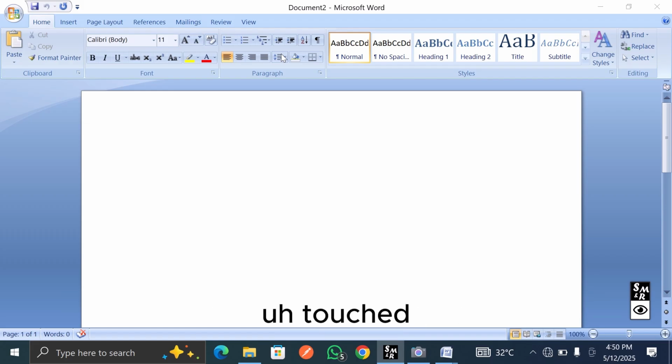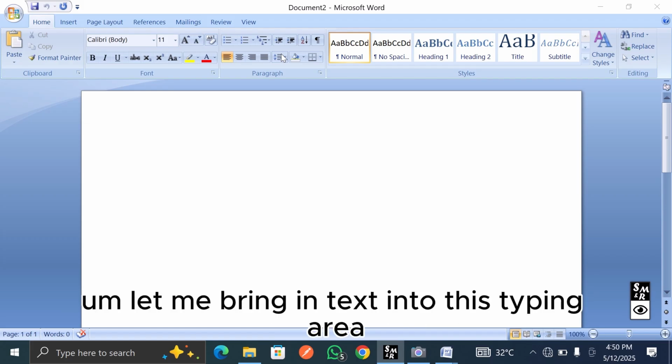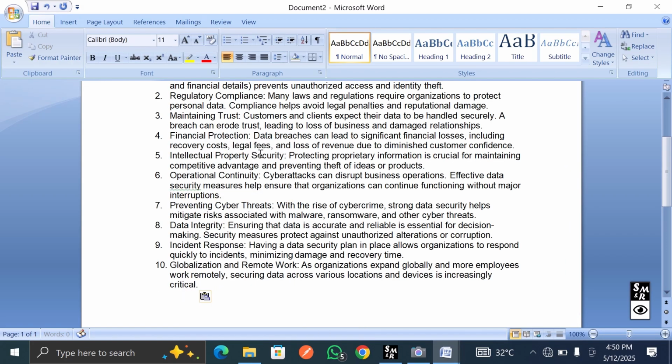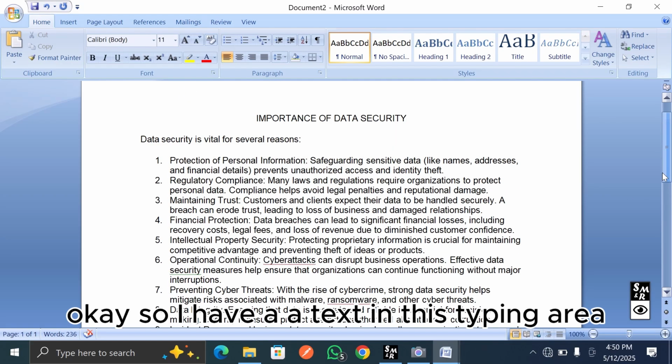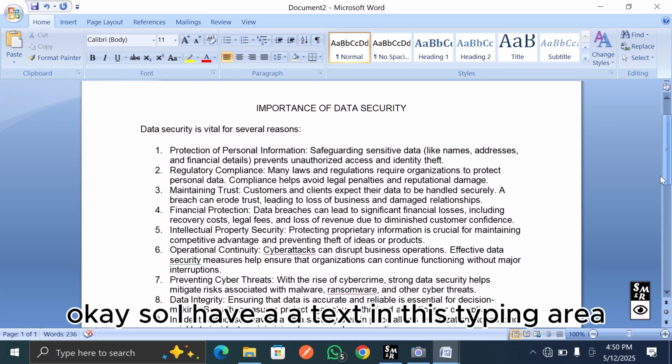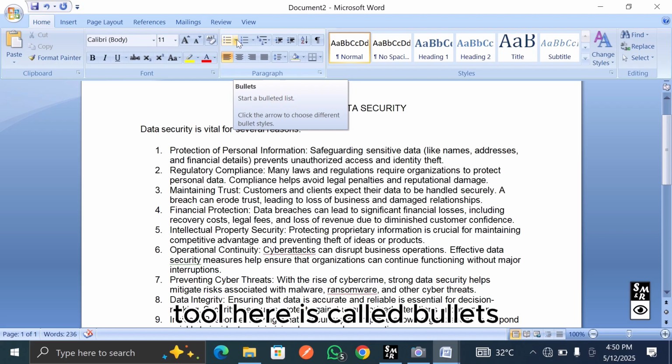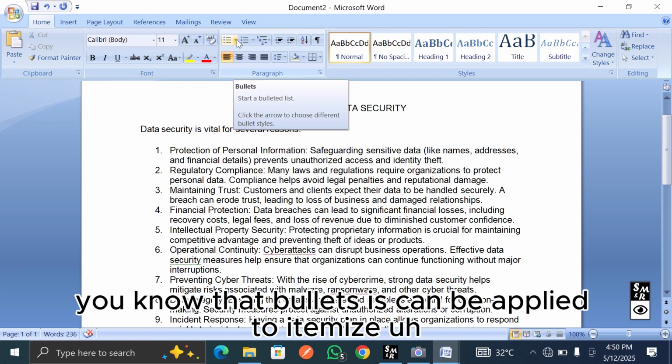Now, for me to have the paragraph group effectively touched, let me bring in text into this typing area. Okay, so I have a text in this typing area. Now, the first tool here is called bullets. Of course, you know that bullets can be applied to itemized